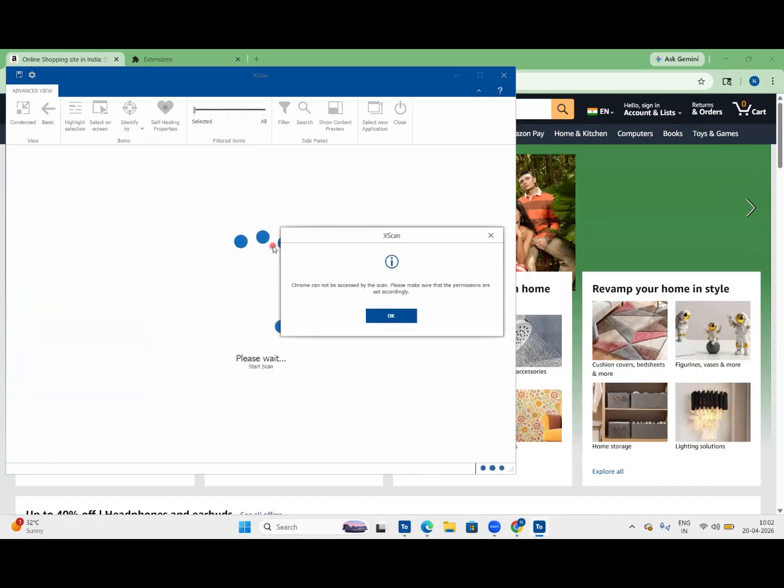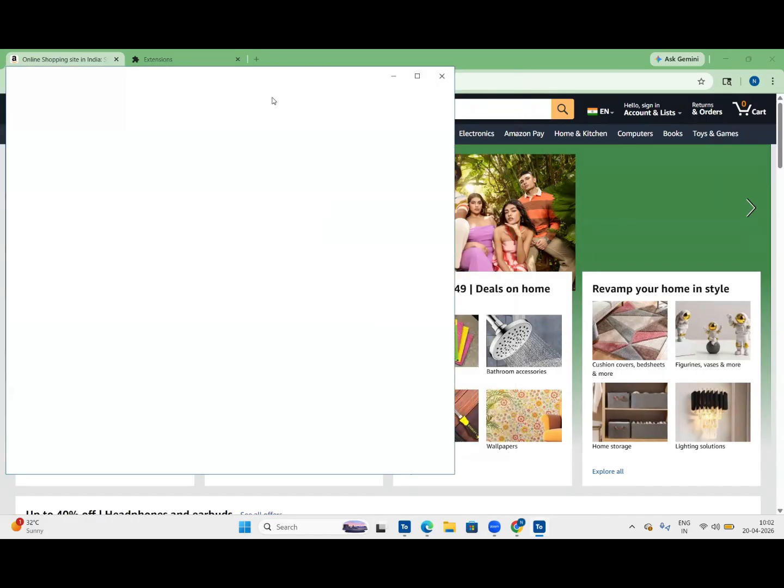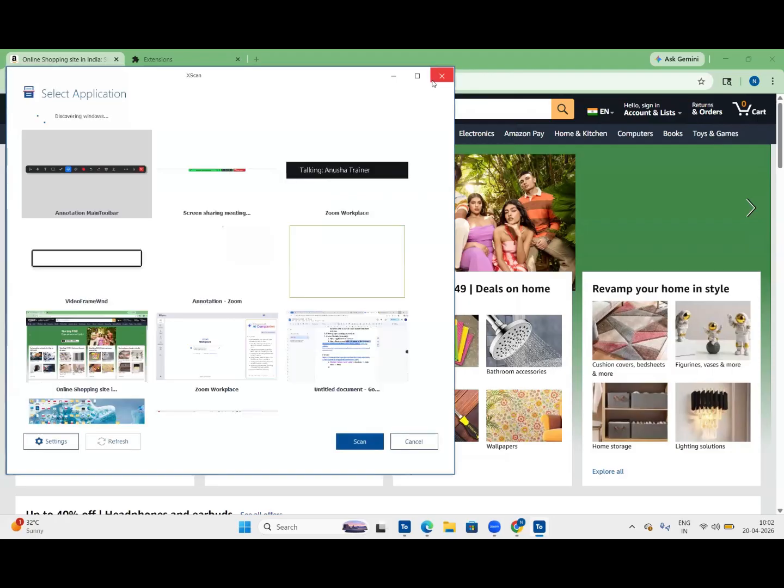So without extensions, we cannot scan the pages, team. So still it is telling to give the permission. Okay, let me change the type of the